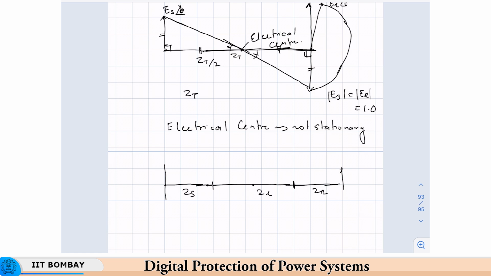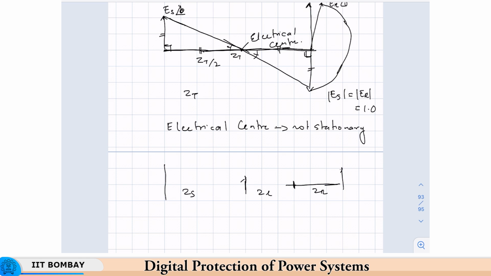But suppose ZS is very large, you have a very small synchronous machine, or the network behind is very weak, then ZS is very large. So, say ZS is this and ZL is a very short transmission line, then it is possible that